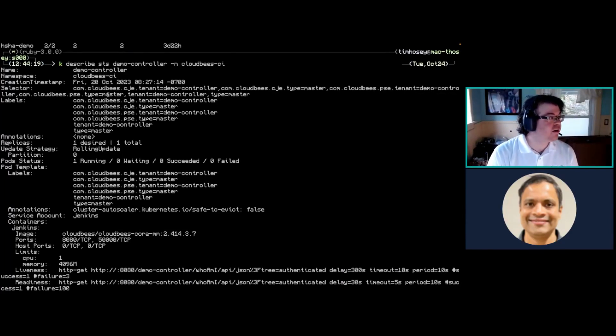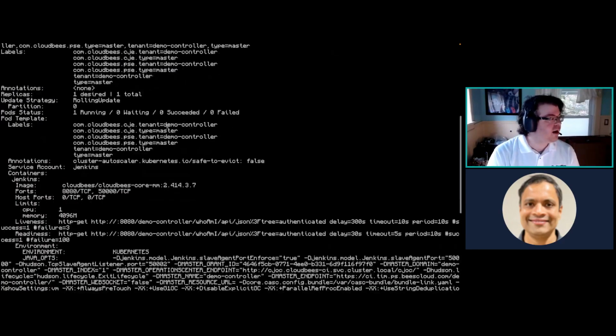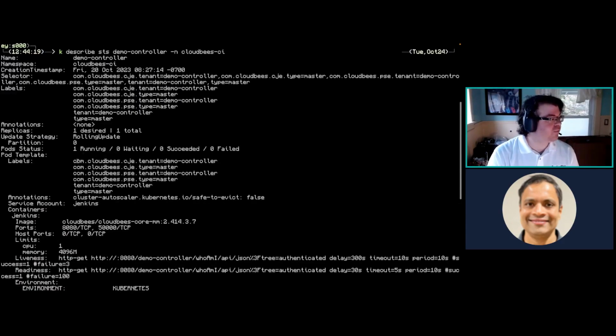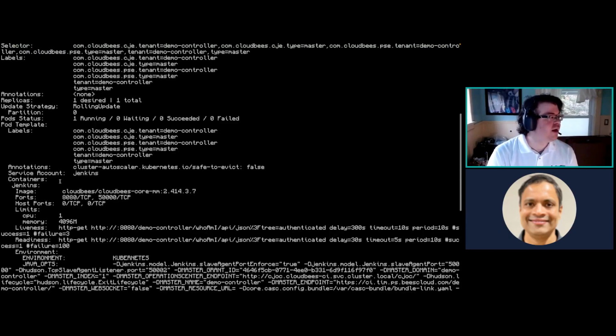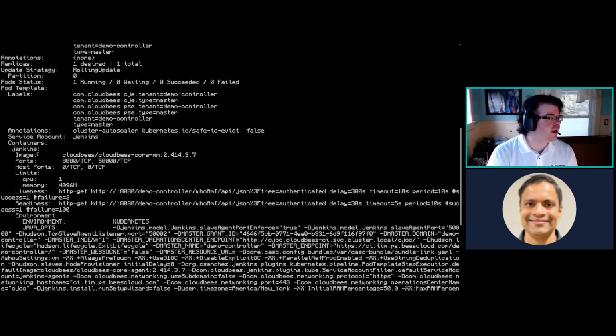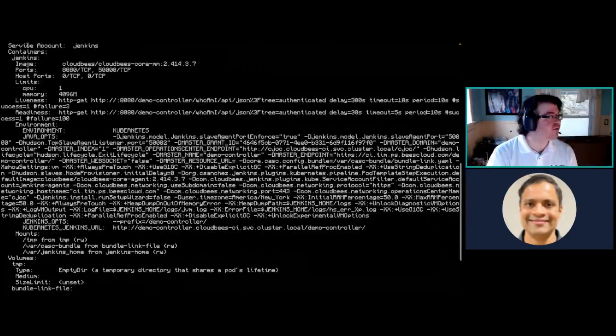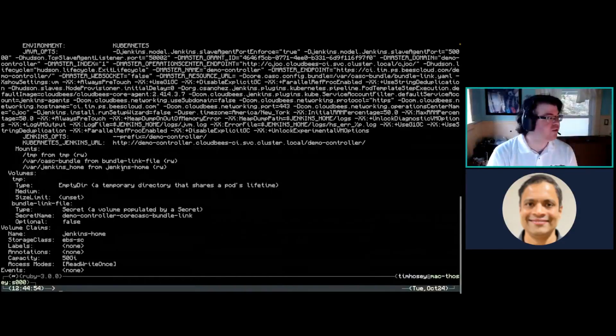You can see here on this individual stateful set for demo controller, it lays out all the information for it, all the annotations, and then a layout of what defines the containers within. In this case, we're using the Jenkins image, and we have this all set up as a single replica